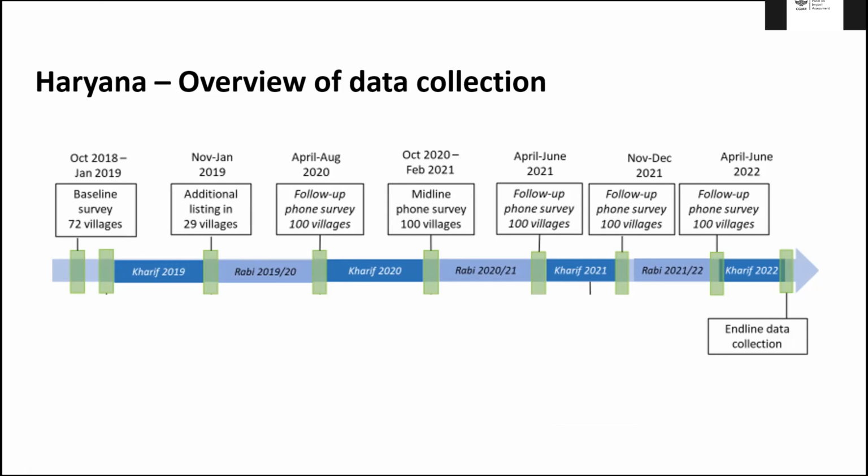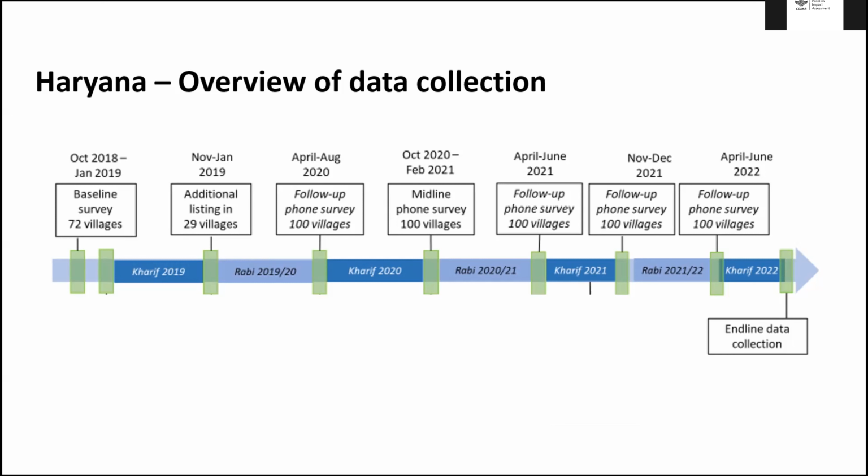A lot of farmers are growing wheat in the winter season in Rabi, and then in the monsoon season, Kharif, they're growing rice, and there's very little crop diversity. So we were hoping to encourage some crop diversification,